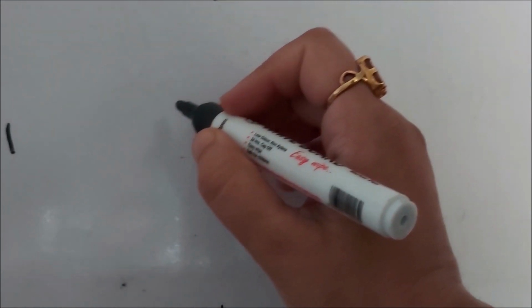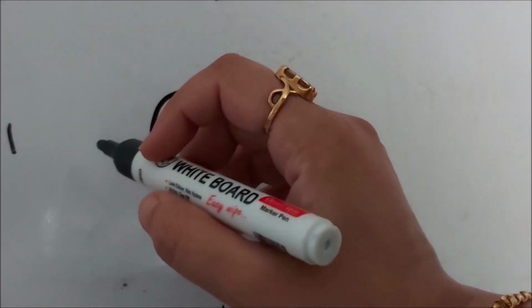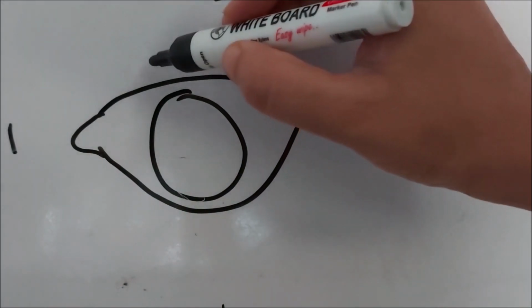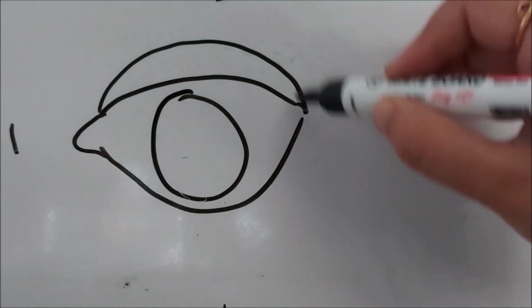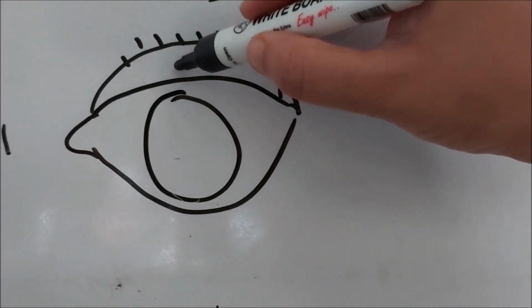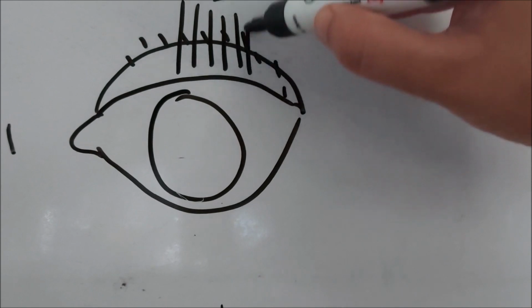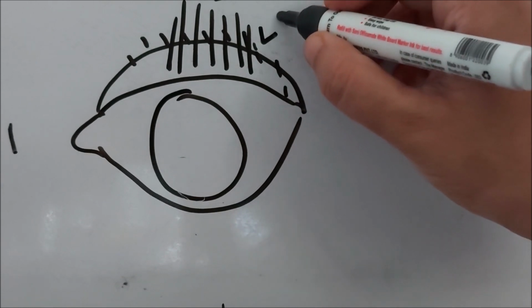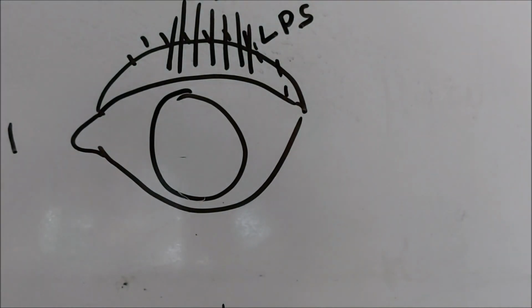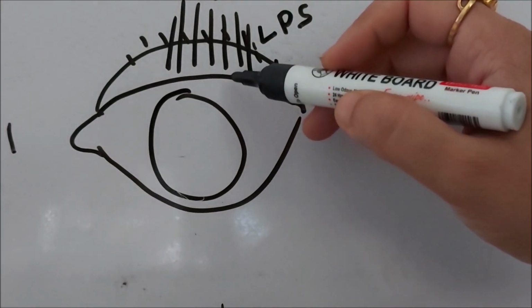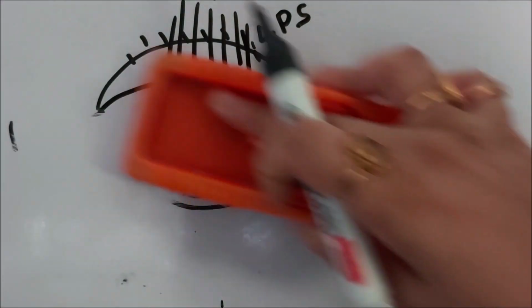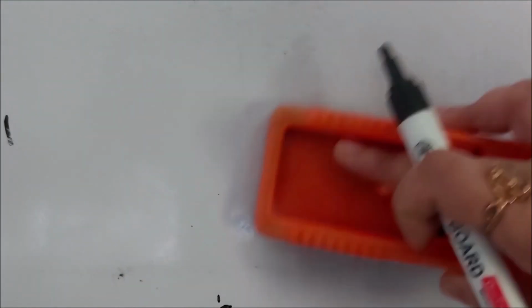Now let me draw one more diagram and explain further. I am again drawing the human eye. This is the black portion of the eye, and this is the structure of the eye. Now I am trying to evert the upper eyelid. So I have everted the upper eyelid, and you can see these stripes that I am showing you right now. These are muscles. This muscle's role is to pull the lid up. This is called levator palpebrae superioris. If there is any problem with this muscle or its blood supply, then there is a problem in the blink rate. It can also be a neurological cause.